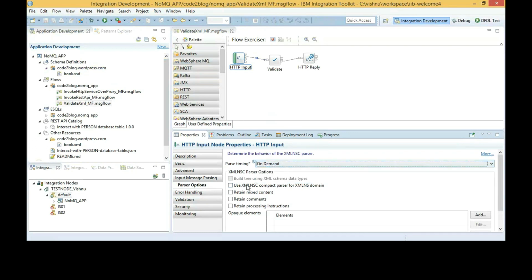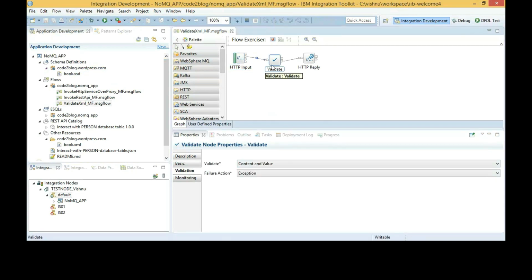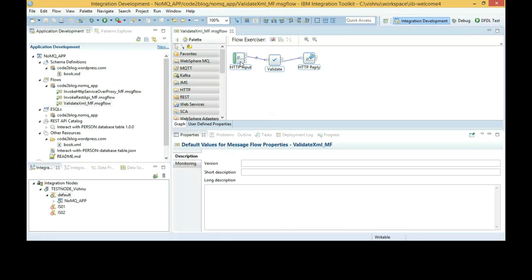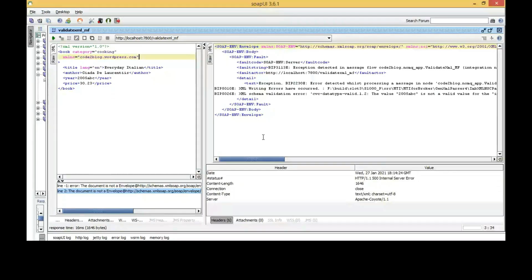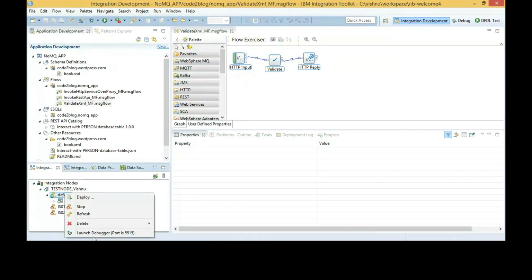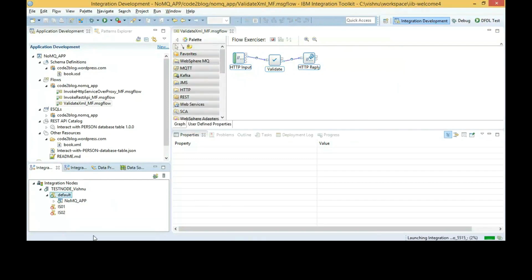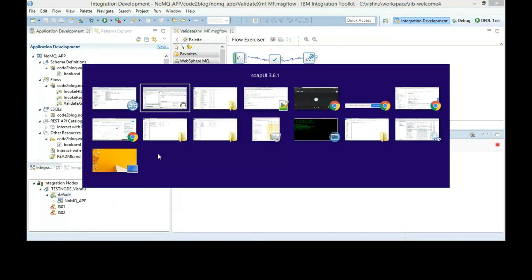Change the validation and parsing timing property of HTTP input node. I'll set the validation to content and value and parse timing to immediate on HTTP input.